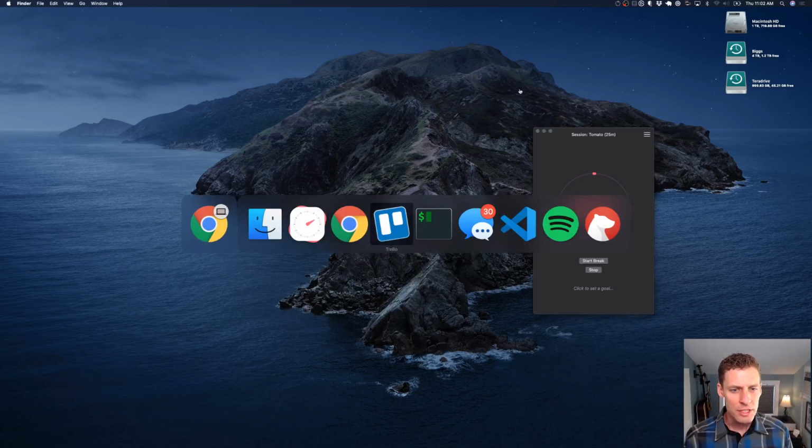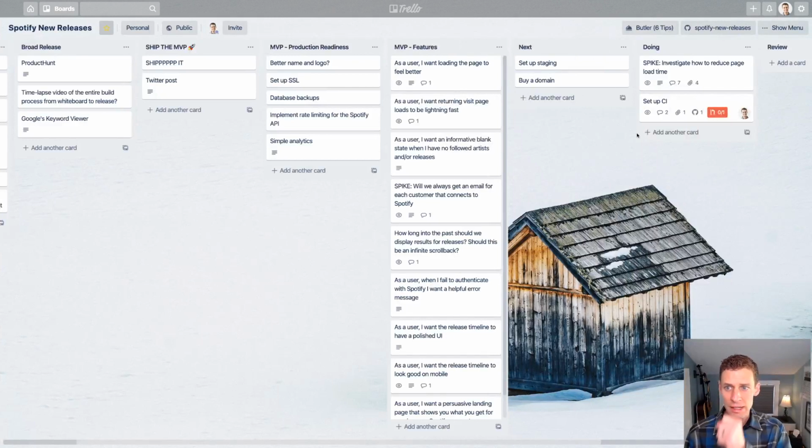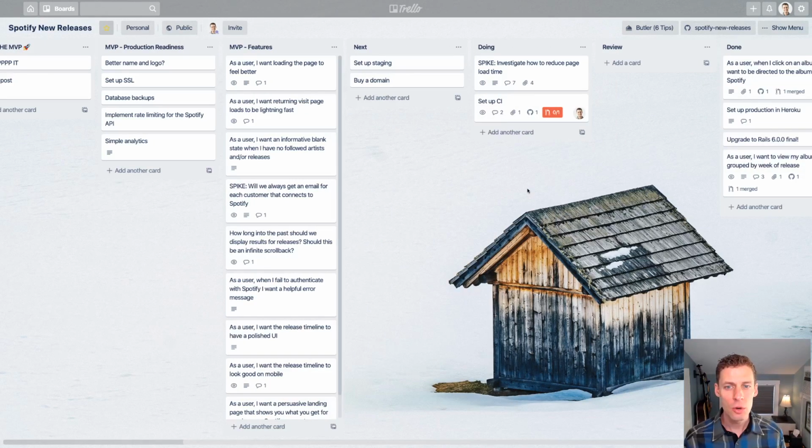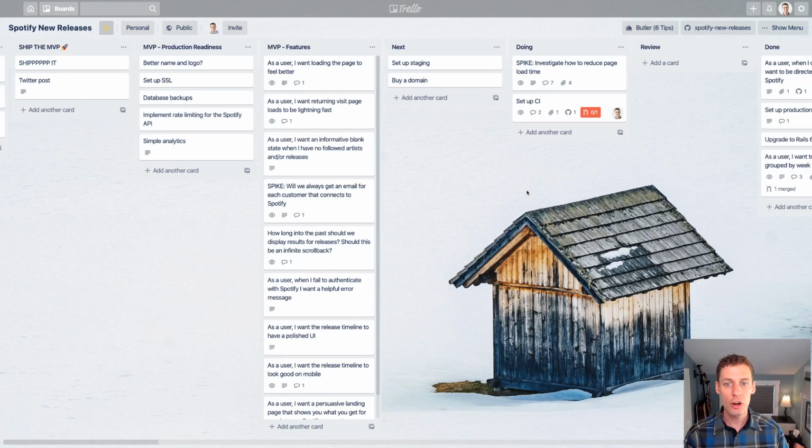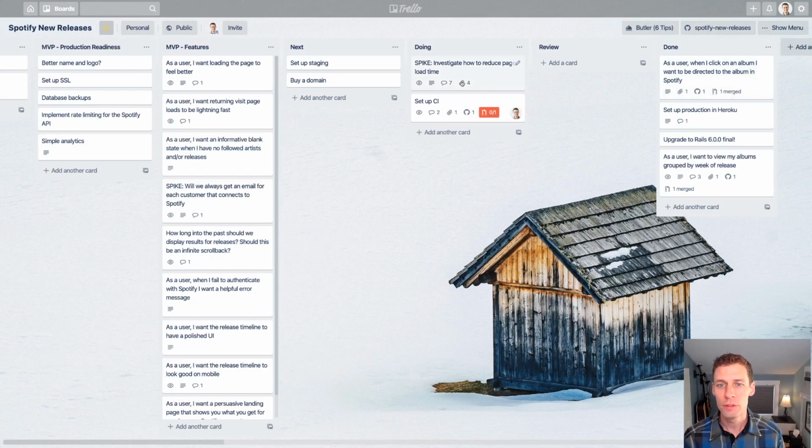Okay, so as I mentioned, today we're going to be working on setting up CI. I like to use a Trello board to keep track of my projects, as most of you know. And so the very first thing that I do when I'm starting to work for the day is go through and look at my Trello board, see what's in progress and what I need to start working on. And so if you look over here on my Trello board right now, we've got 2 things in the doing